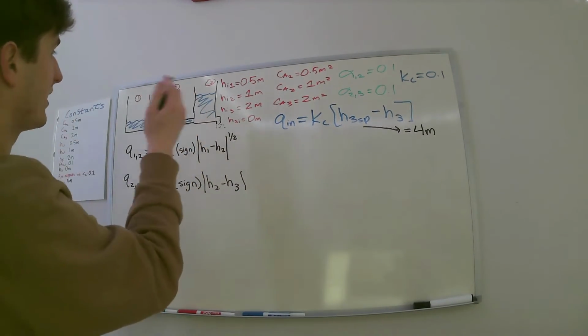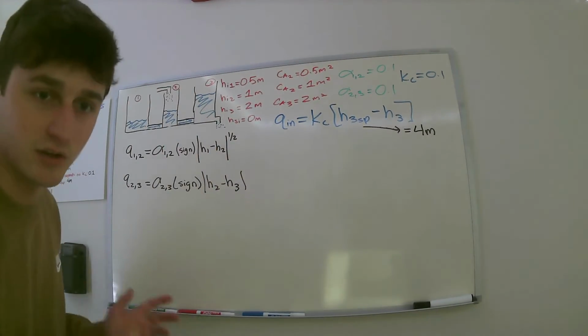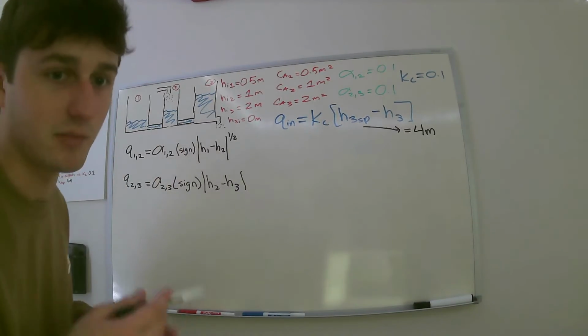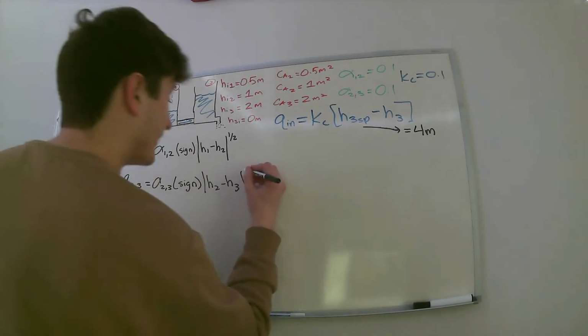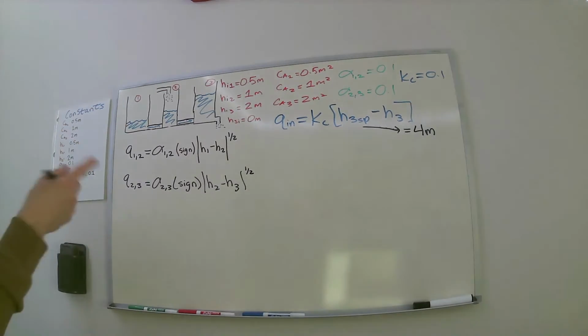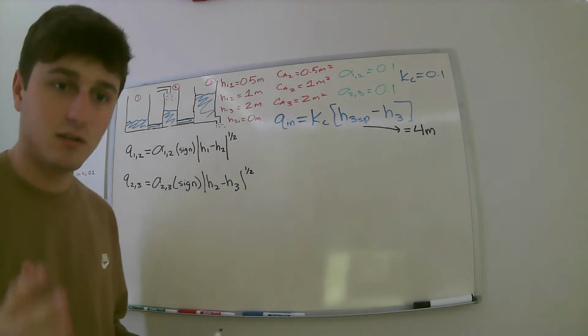If the height at tank 3 is higher than tank 2, then logically it's going to move back into tank 2, and that's going to be a negative value. And then that's a square root as well. So now we have these two equations, and what we're going to need to do is